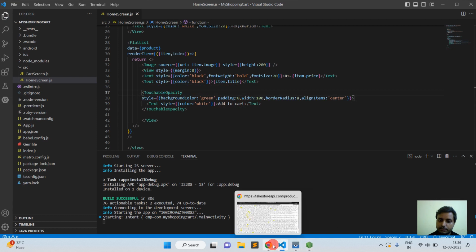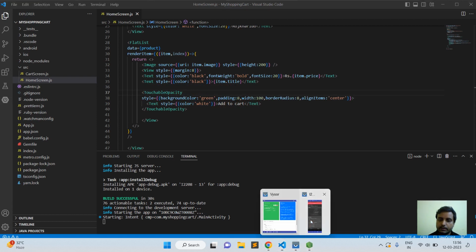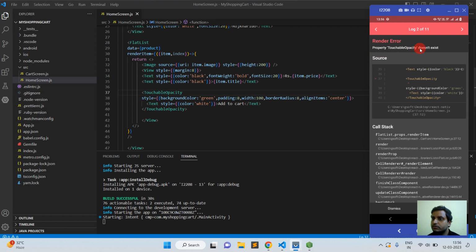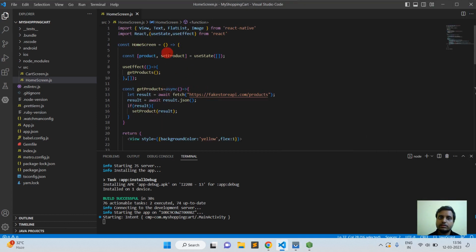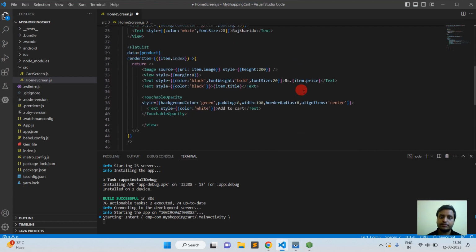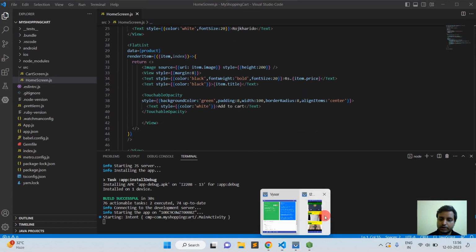So here touchable opacity does not exist. So you will have to import touchable opacity here also. Now you can see